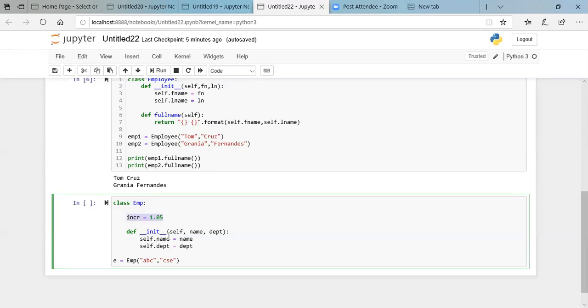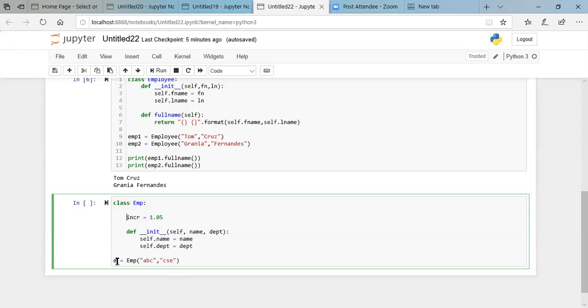As that percentage is fixed for all the employees, that variable can be made a class variable instead of an instance variable. Whatever the copy of the class variable is, it would be the same for all the objects, whereas instance variables would be different for each object.